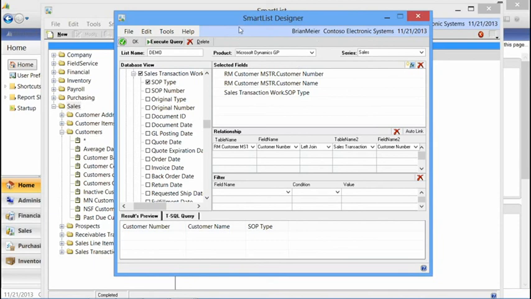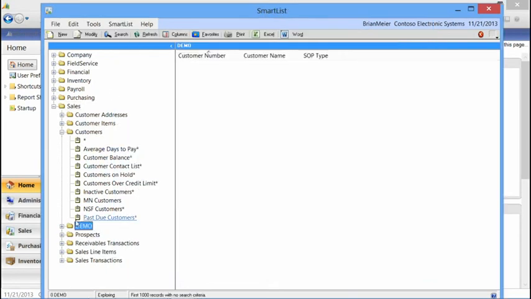So now I've created my Smart List. Again, it's very easy to do that. It's very easy to go in and make some modifications to the Smart List itself. So again, I can execute the query and select OK. Again, based on the data that I have available to me, I didn't have anything that came